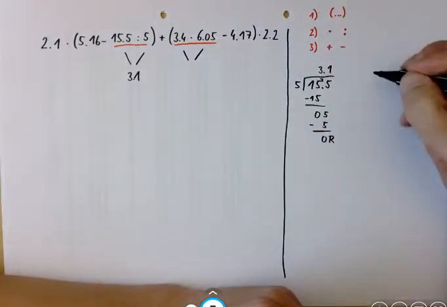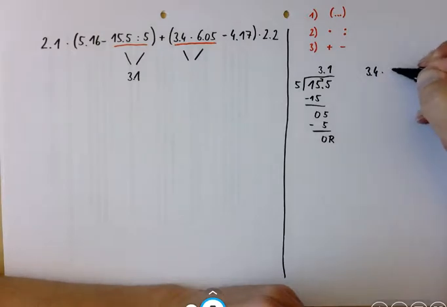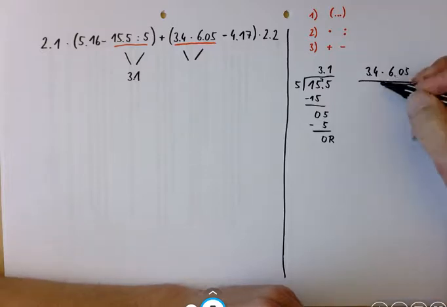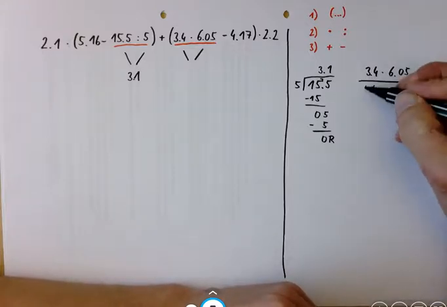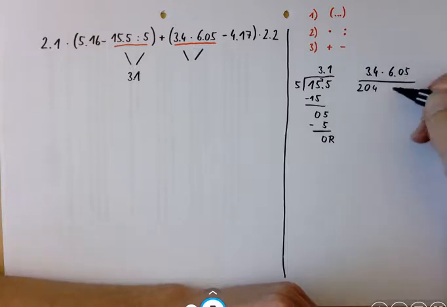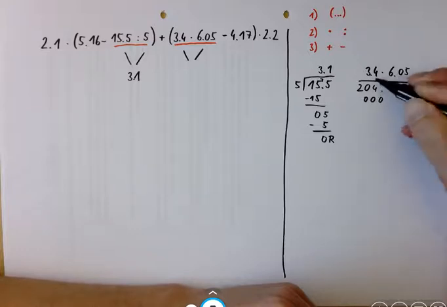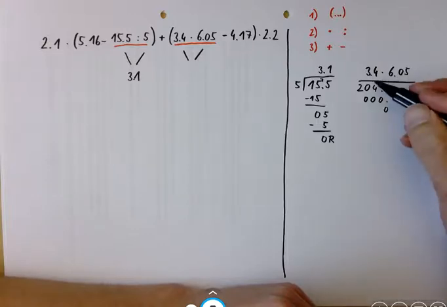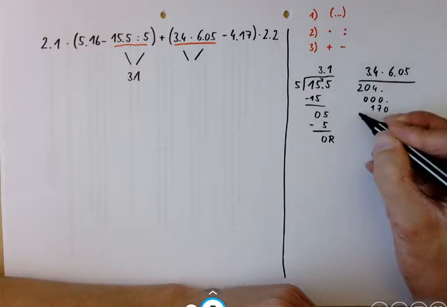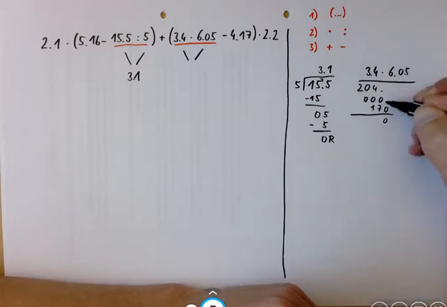Then this one, 3.4 times 6.05. 6 times 4, 6 times 3, 18, 20, dot 0, 0, 0. 5 times 4 equals 20, 5 times 3, 15, 17, hope that's correct, 0,